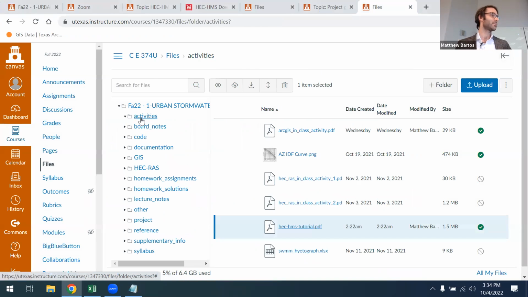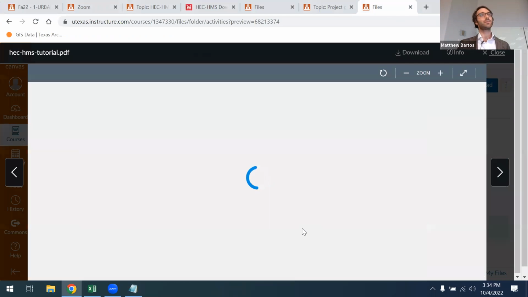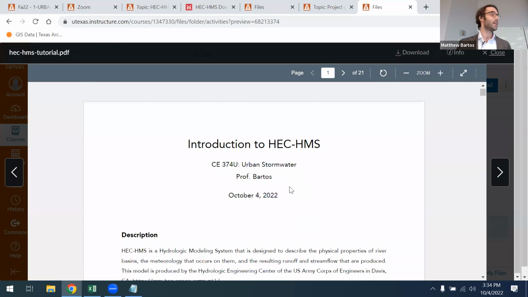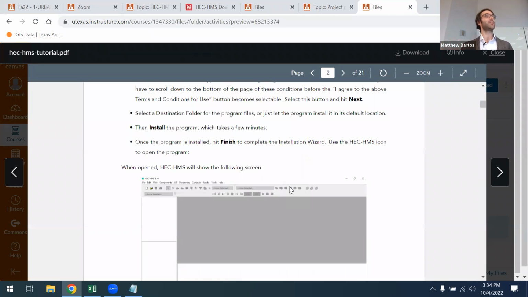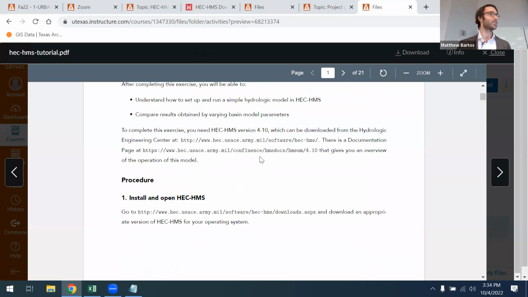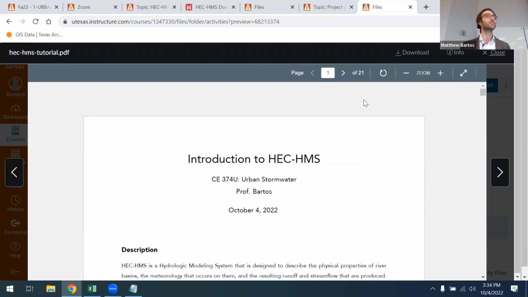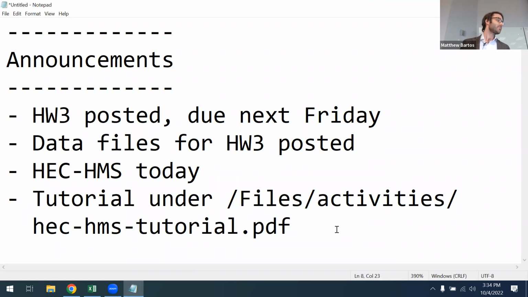If you go to activities and find HEC-HMS tutorial, this will take you through the entire process of what we're doing today, starting with installation and the entire procedure that we'll be following step by step. So if you get lost today, you can always go back and refer to this document. Okay, and Becky and I will also be here to help you as we're going through this in-class tutorial as well. Great. Are there any questions before we go ahead and get started on our module with HEC-HMS?